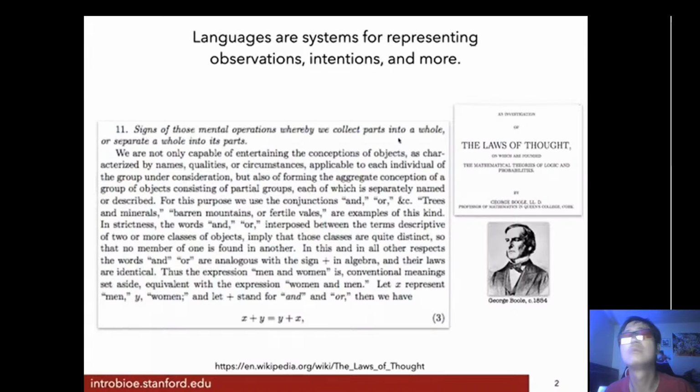One thing you should notice is this is really formal thought in and of itself, but hidden within it and explained is the idea that words are being developed because they're useful, they have utility. The word and is incredibly useful because it allows us to represent something about what we observe. You know, if it's warm and sunny, then I might go to the beach. And of course, Boole is famous for Boolean logic, which allows us to do operations both via language and computers, whether electrical, mechanical, or biological.